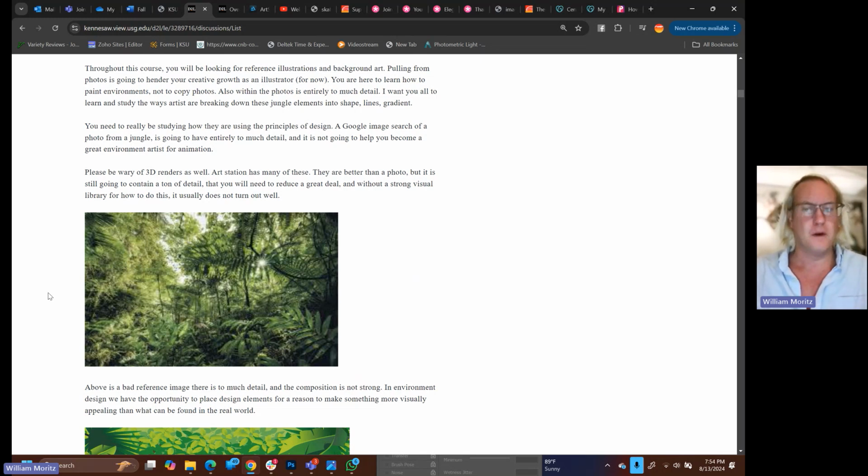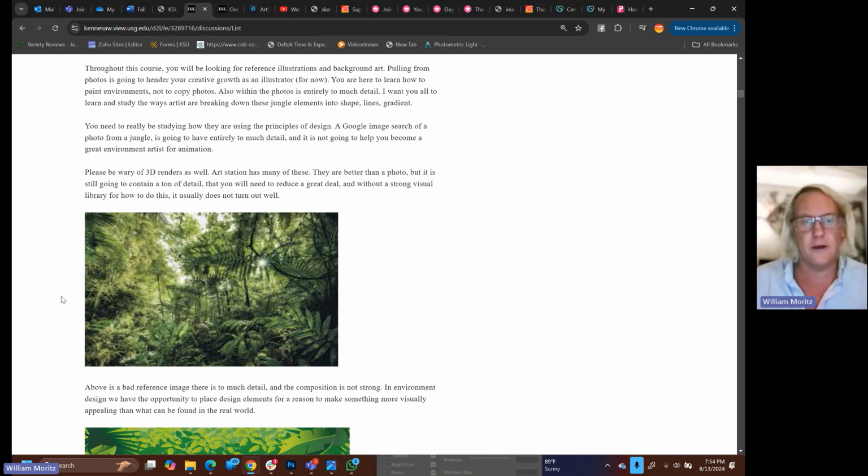That said, photographs can be a good starting point. This photograph here that you can see on your screen is the definition of a lush jungle shot. We've got so much foliage, but if you use this as your only example and go into painting, you will end up spending the next 3 weeks of your life with a hurt hand after you've tried to draw 10,000 little leaves. I want you guys looking at other artists and illustrator and environment art pieces to help inform you and to